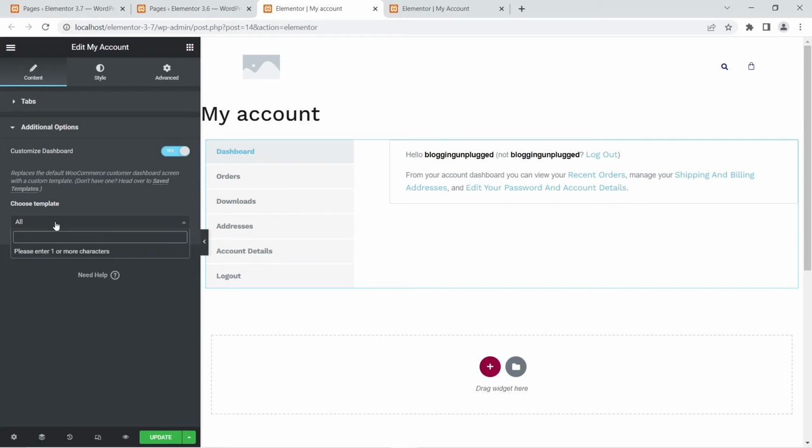Now when you click this option, it will show you a search box where you can search for the customized template that you want to display in this dashboard tab instead of this default screen. So this is the change that has been introduced in Elementor Pro 3.7 for the My Account widget. Let me take you through this change once again. Now the change is basically this new customized dashboard option has been introduced in Elementor Pro 3.7 for the